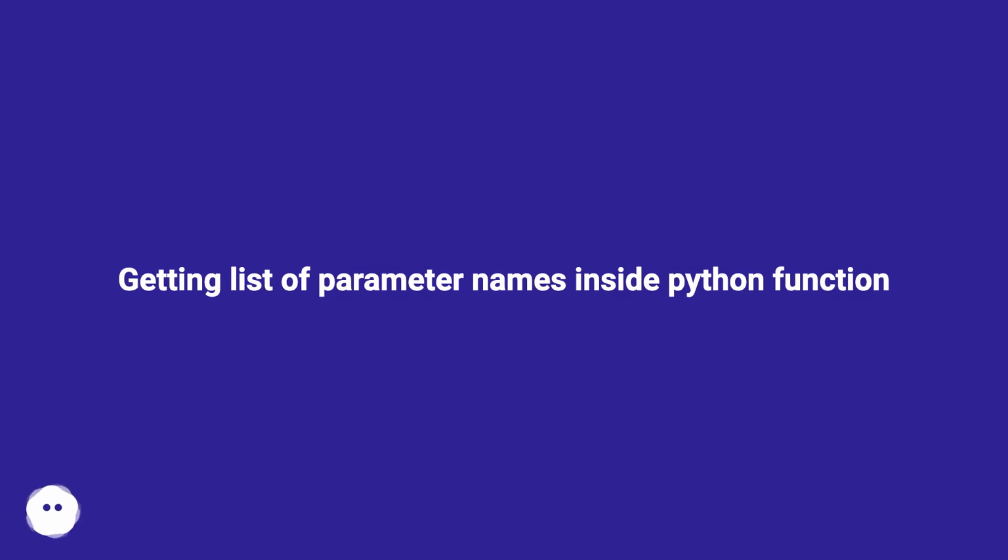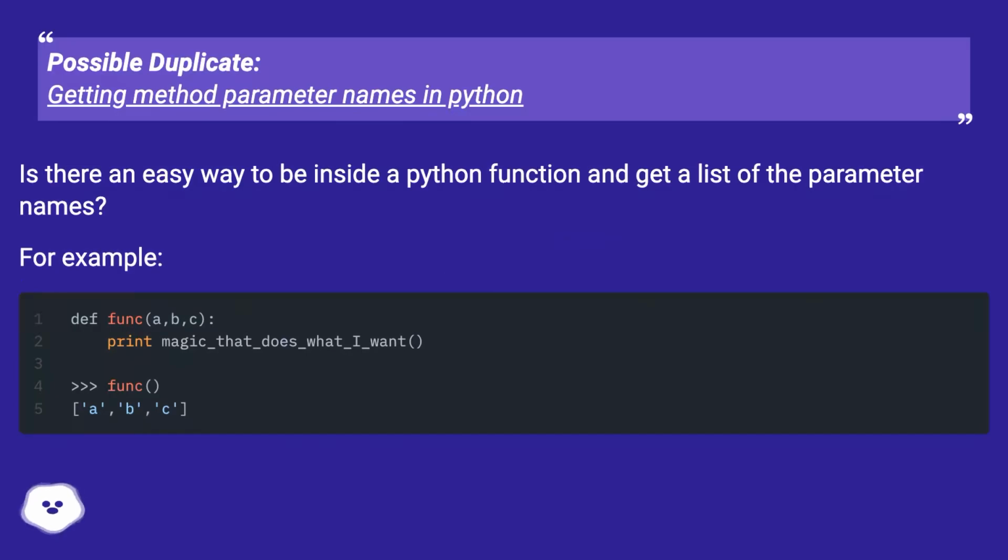Getting list of parameter names inside Python function. Possible duplicate: Getting method parameter names in Python. Is there an easy way to be inside a Python function and get a list of the parameter names? For example,